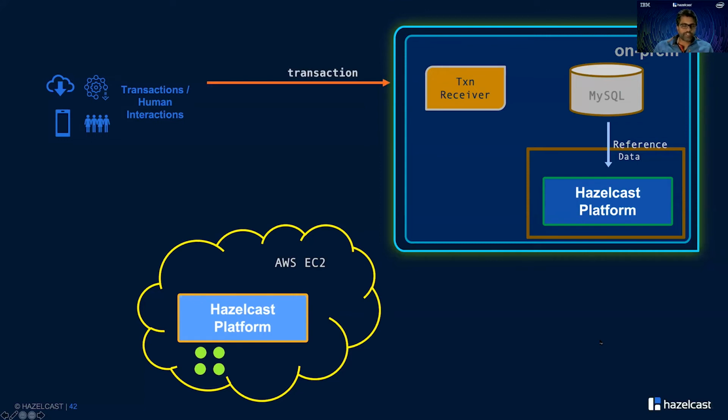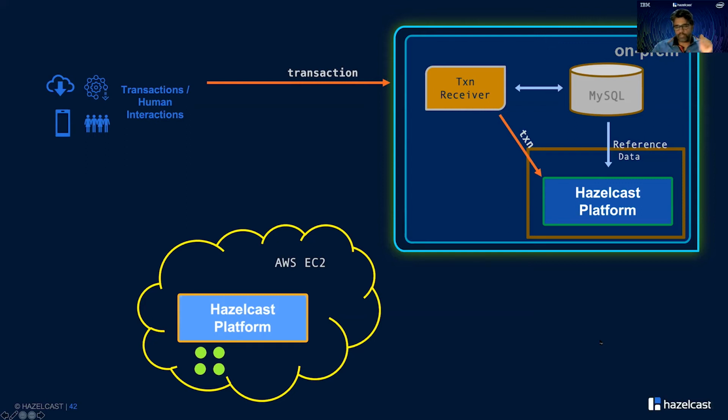So when a transaction is generated, and we will use a transaction generator simulator for that, we will simulate a credit card transaction, and we will submit the transaction for processing by making a REST call to the Hazelcast cluster. Hazelcast will receive the transaction. There will be a queue, a data structure running on the Hazelcast platform, which will be receiving this transaction through the REST API from the transaction simulator. And as soon as the transaction arrives into that queue, the platform will pick up this transaction from the queue and start processing.